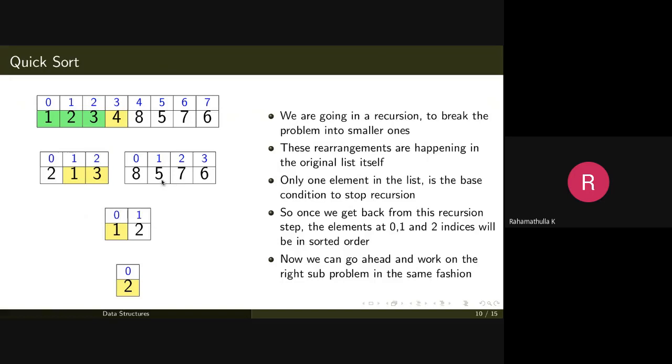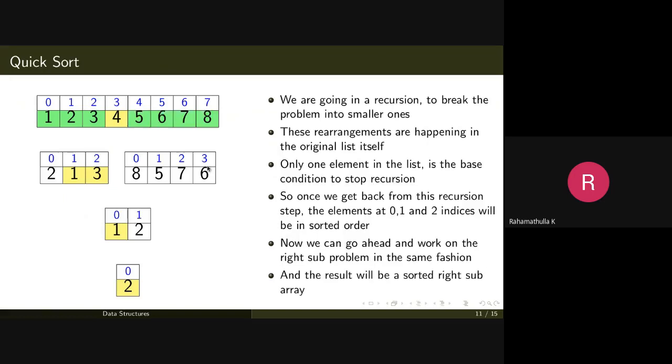Now if you consider 5, only one element is there in the list, so that will be considered. So 5 and 6 are at their correct positions. Now the second list is 8 and 7, so say you consider 7 as the pivot element. So 7 and 8 will be swapped, and 7 will be at the sixth position, and you divide the array, 8 will be at its correct position. So once the recursion to this list is complete, you will get this arrangement 5, 6, 7, and 8.